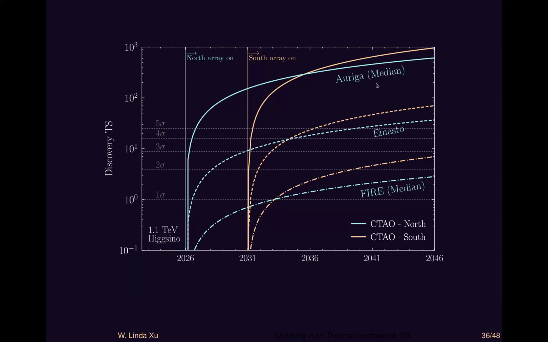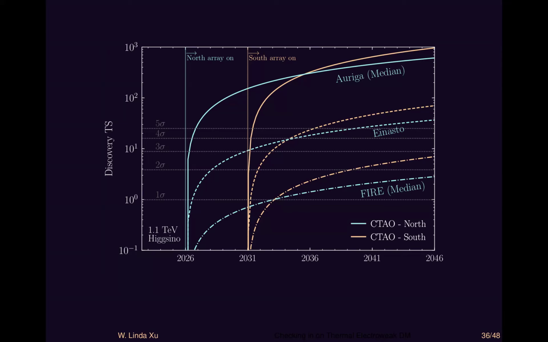In the median profiles given by the Omega simulation, we can actually get 5 sigma discoveries extremely early, about a year into CTA North turning on. And for these more middle-of-the-road Einasto and NFW dark matter profiles, we can expect perhaps 5 sigma evidence within 5 or 6 years of CTA South turning on. And even in these slightly more poor median FIRE scenarios, we're looking at something approaching 2 to 3 sigma